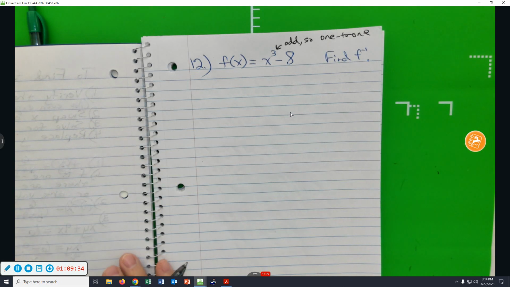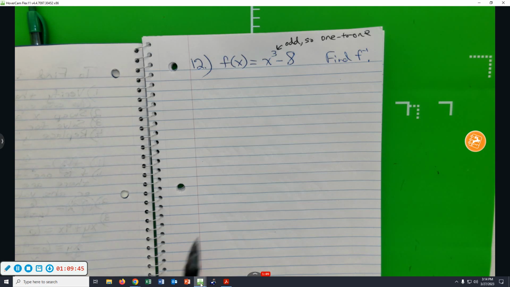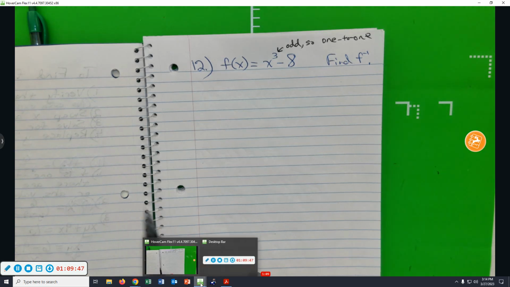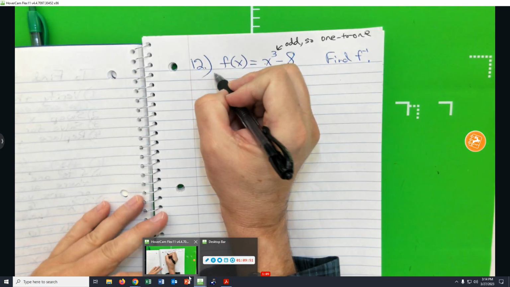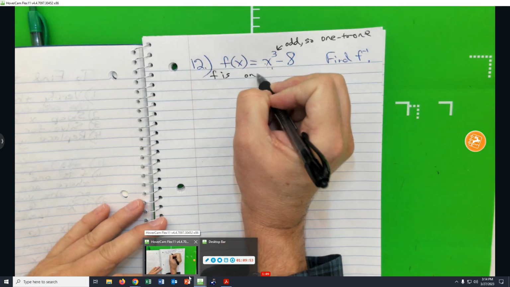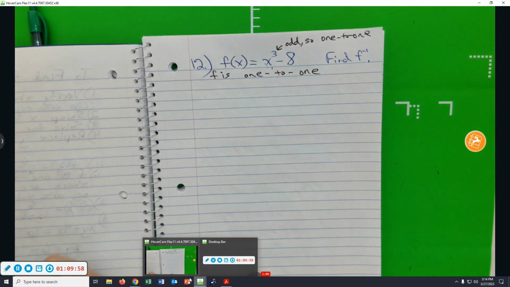It's when you have even exponents. If it had been x squared minus 4x plus 7, or x to the 4th minus x cubed plus 3x squared, it's the even exponents that make it not be 1 to 1. This thing is a one-to-one function. So f is 1 to 1. So now,